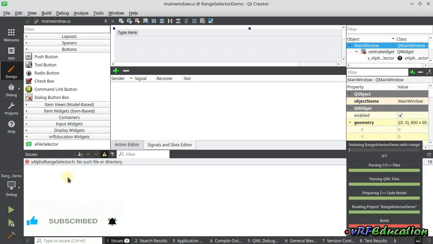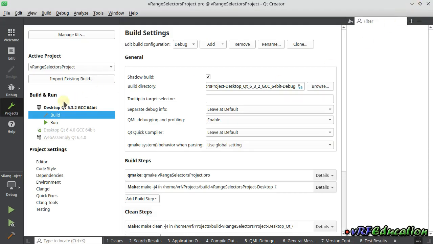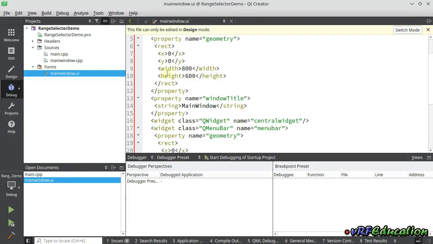It says there's no header file for vAlpha range selector. So we need to add the SO file to this project, and also all those header files for those custom widgets inside this project. Let's see how it works. Okay, I'm going to copy the output folder for this one,